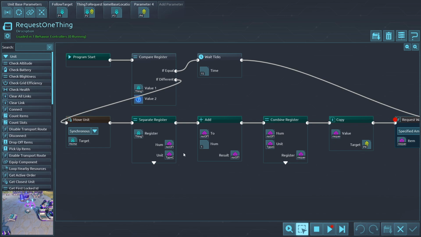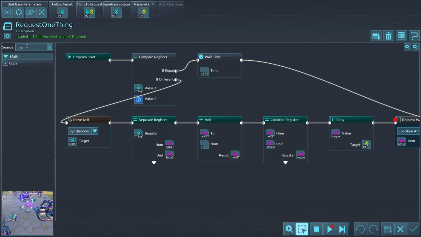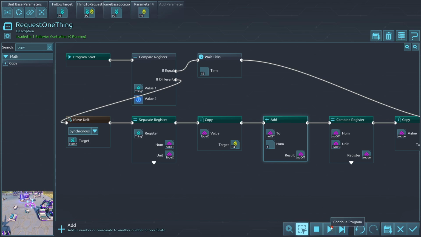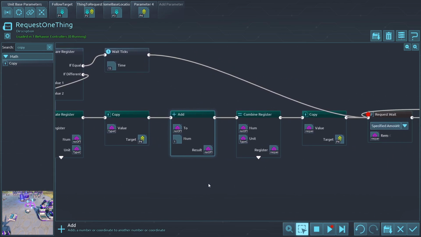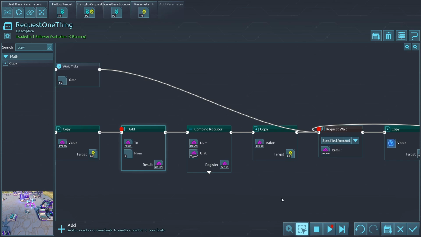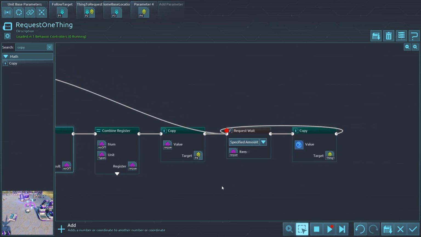Then I want a new copy here. I want a type of thing on P4. And also over here, I want a breakpoint. How do we have that? Here. And over here, oh,